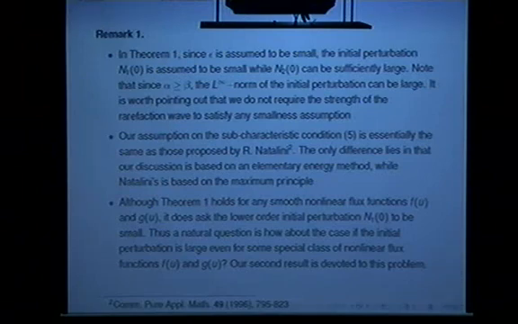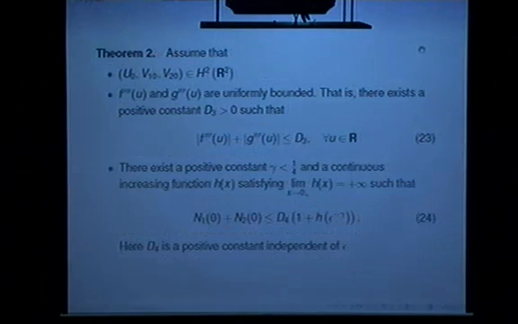And in this result, for general smooth functions f and g, we ask the lower order initial perturbation to be small. A natural question is how about the case when the initial perturbations, both N10 and N02, are large. For this case, we can show that if f and g satisfy some conditions, we can indeed get some results. For example, our second result is that first the initial perturbation belongs to H2,